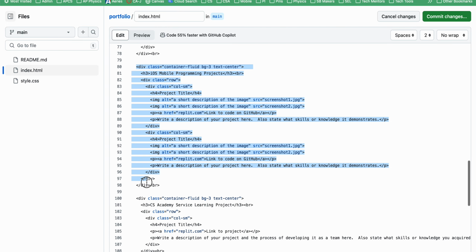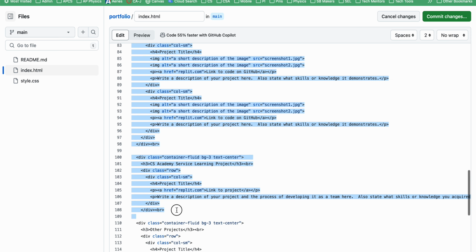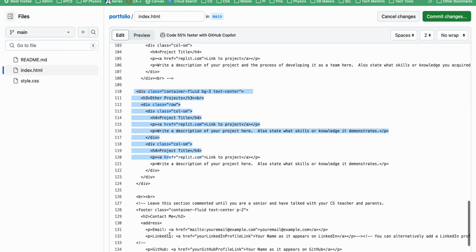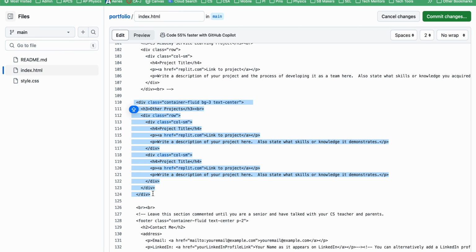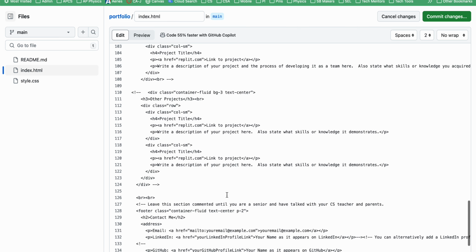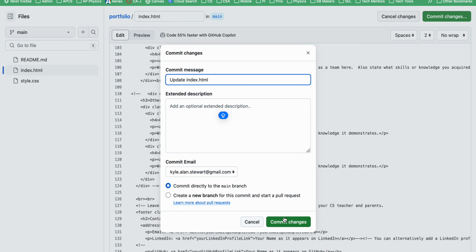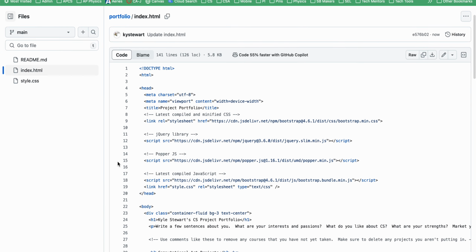And similarly, if there's a class that you know you're going to take or think you might take but haven't taken yet, you could comment those out as well, or you can delete them. And then the stuff at the bottom, if you have other projects, you can put those in here. Basically, you're just making a record of any of your favorite projects that you would like to show off. So I'm going to comment all that stuff out. You commit changes up in the top right. And then once that's committed,